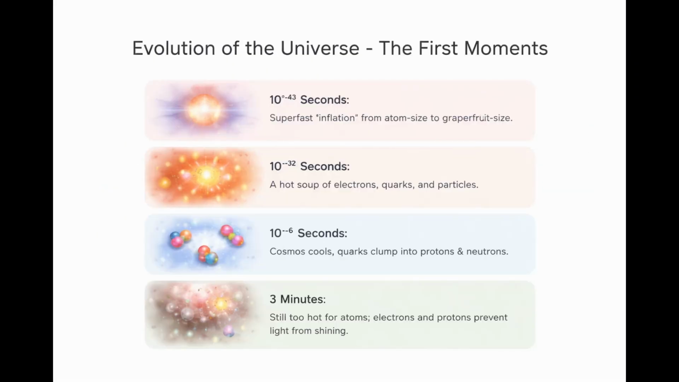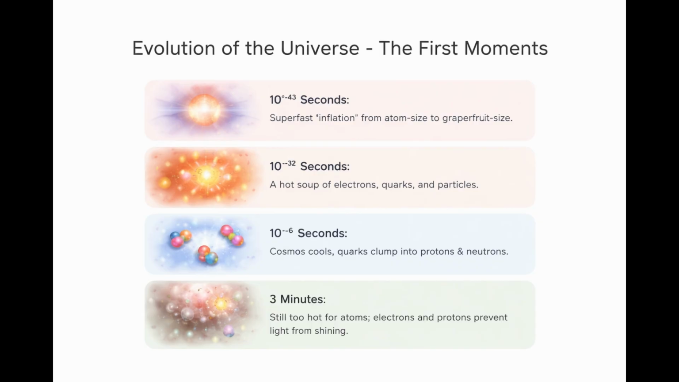Let us trace the timeline right after the Big Bang. In the tiniest fraction of a second, the cosmos underwent a super-fast inflation, ballooning from the size of an atom to the size of a grapefruit. Shortly after, it was a seething hot soup of fundamental particles like quarks and electrons. As it cooled slightly, quarks clumped together to form protons and neutrons. Even at 3 minutes old, it was still too hot for atoms to form, and the dense fog of particles